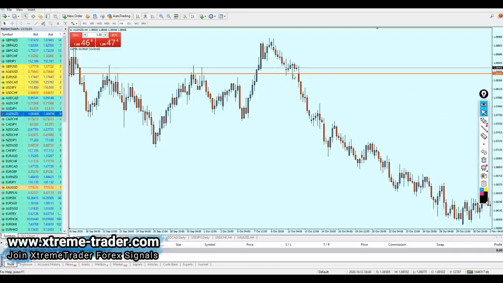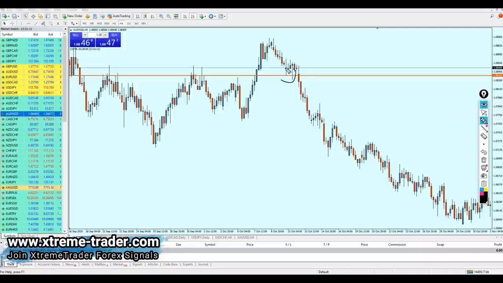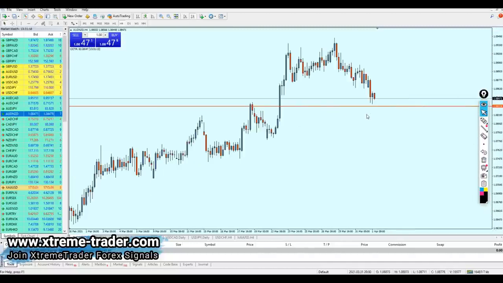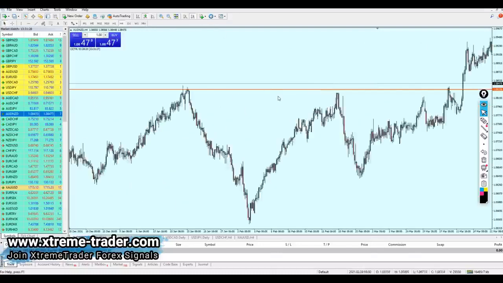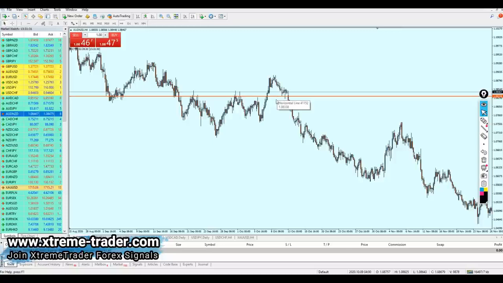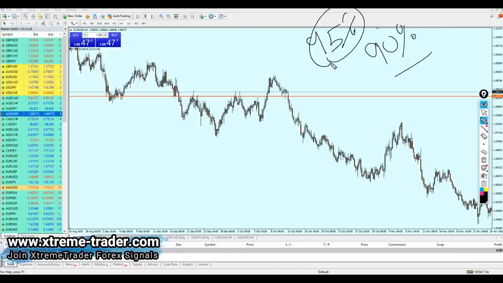What you need to do is drag the line in a way that the line touches all of the tails, exactly like that. Perfect. Look at that. Now my support line is touching this tail and this tail as well. Now go back to the current time, and here is exactly where you can place the buy order, and hopefully it's going to be a very good deal and profit. The reason is that a support level in the past is going to be respected. Not always, I cannot say always, but 90% of the time, if not even 95% of the time, actually, yeah, I will go with 95%.